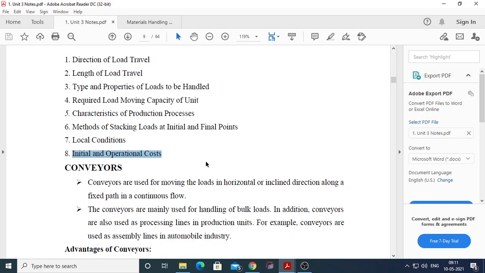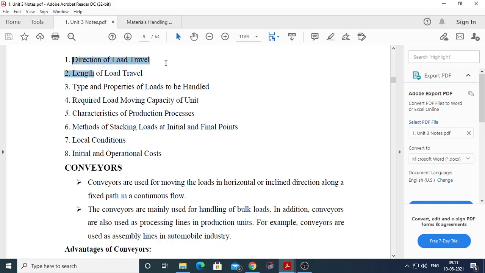Sometimes in the examination you will be asked the principles or guidelines in selecting material handling equipment. The next thing we'll see in the next lecture. Today we'll stop here. You have to remember only that, a very simple unit is given.